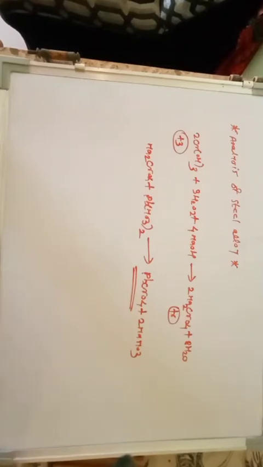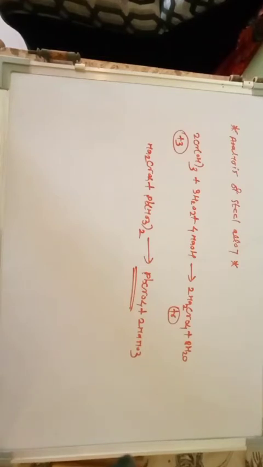You have to take the weight of this PbCrO4 and then find out the percentage of chromium from the weight of PbCrO4. So this is the reaction. You should remember, whenever you have to determine the chromium and Fe, both are determined gravimetrically. First they are dissolved in aqua regia or in acidic medium, and they convert into their chlorides.